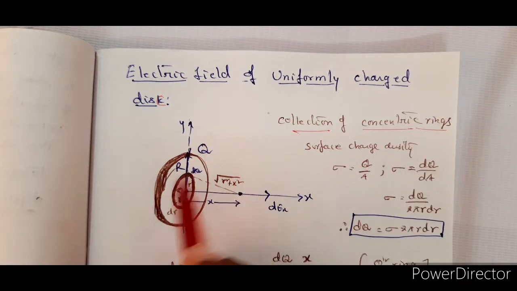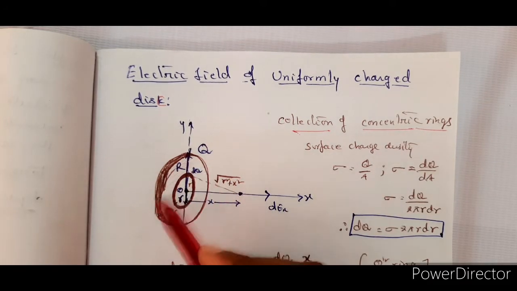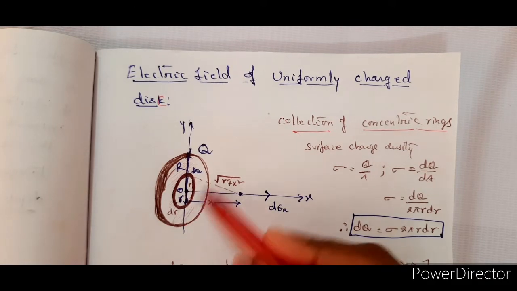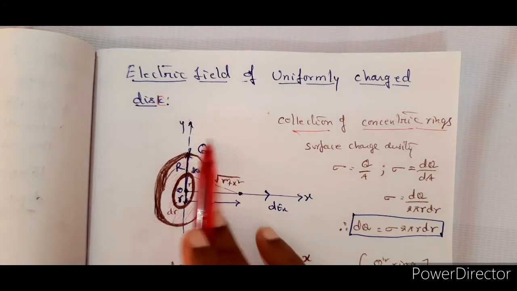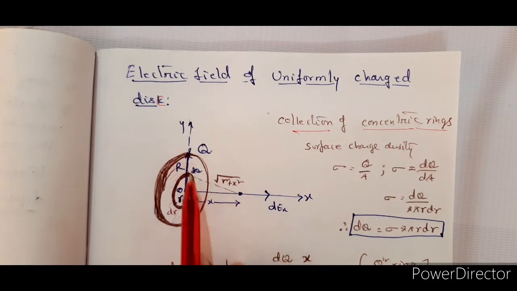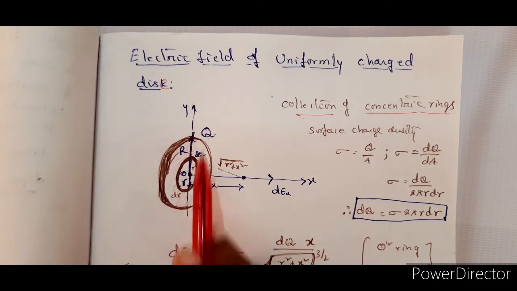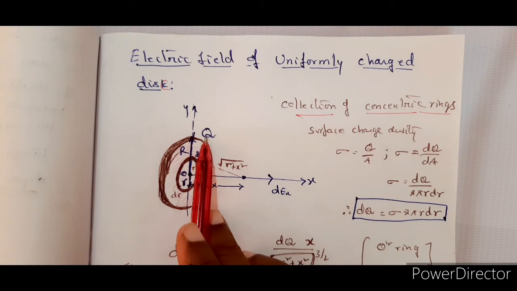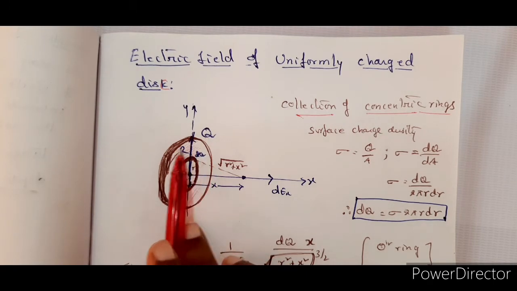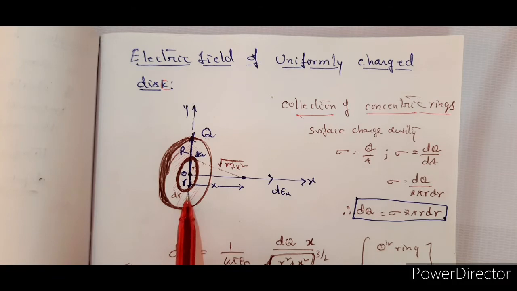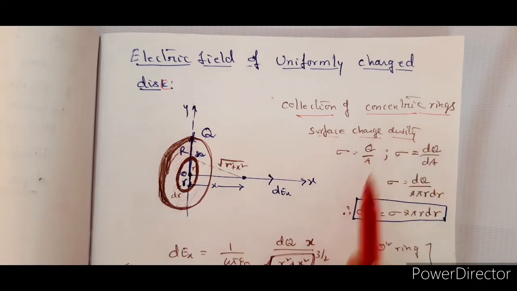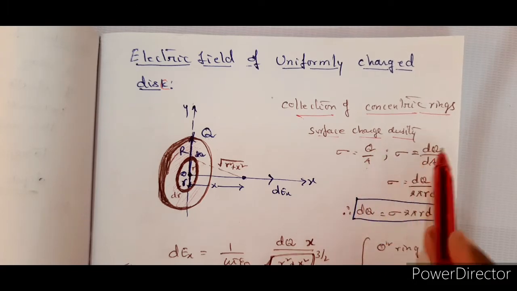Whenever it is a circular disk, the disk means completely, this is how it is. So now it is a charged disk and the charge of the complete disk is Q. Now consider a small ring of radius r carrying a charge of dq, and capital R being the radius of the circular disk. Since this is a two-dimensional figure, we are going to take the surface charge density. Surface charge density means charge per area. So sigma is equal to dq by A.